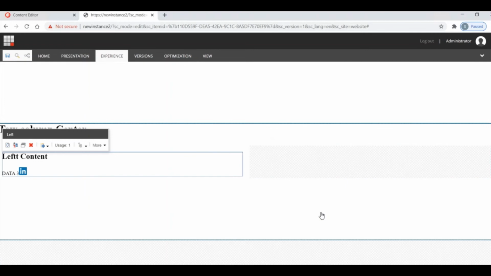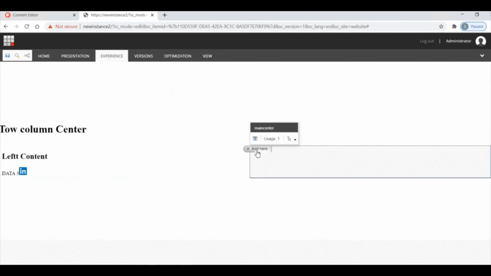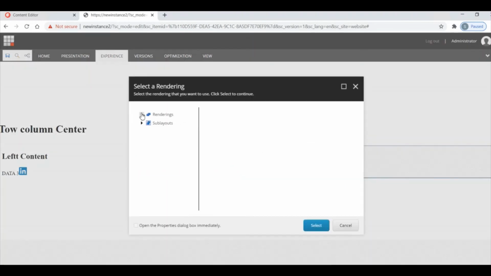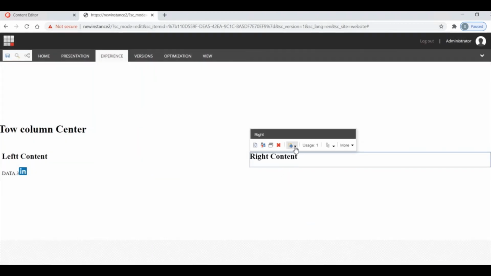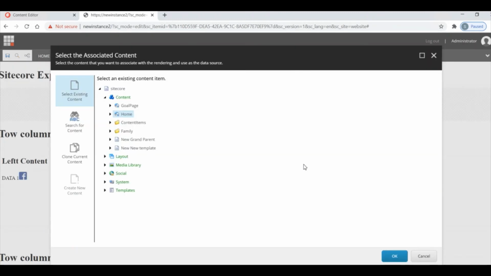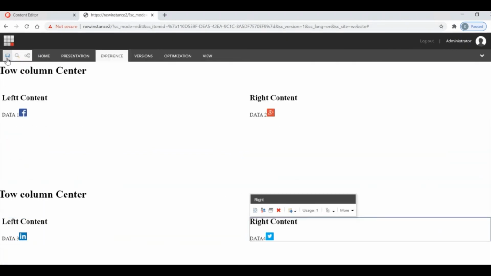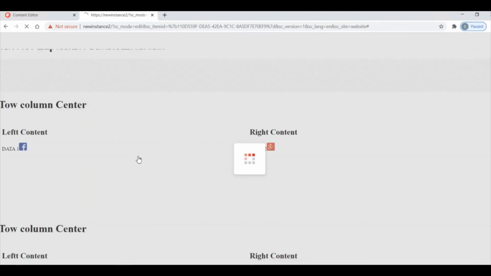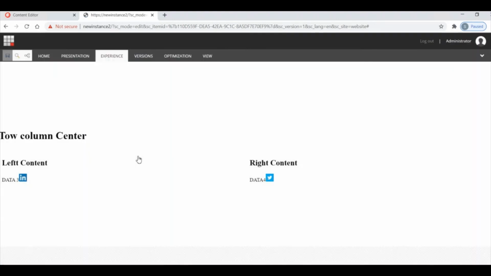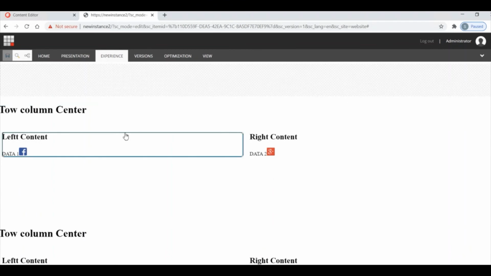On the right side, I'm adding the right component, right rendering, and associating data 4. Now I'm saving it.